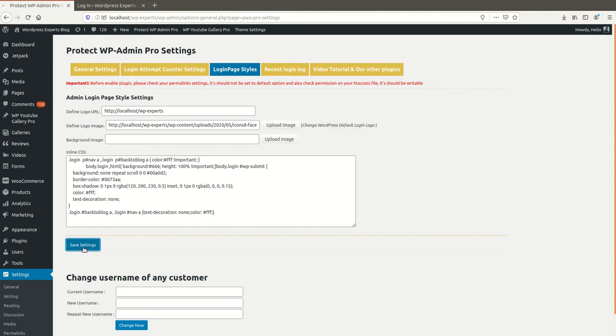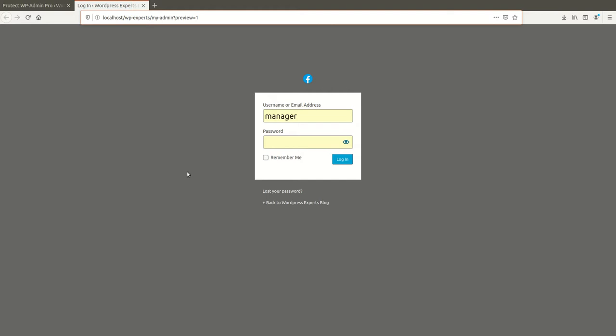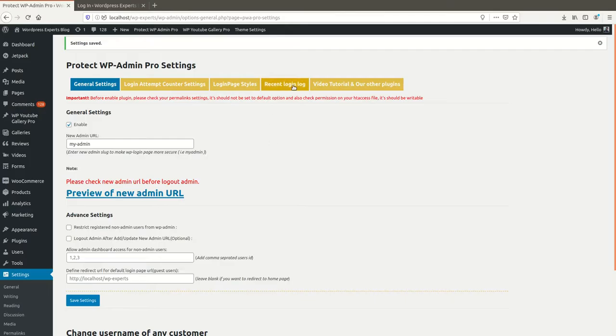Let me save the settings and click on preview. You can see our logo has been changed, and you will be able to see the URL of the WordPress login page logo has also been changed to our website. So these are the settings you can